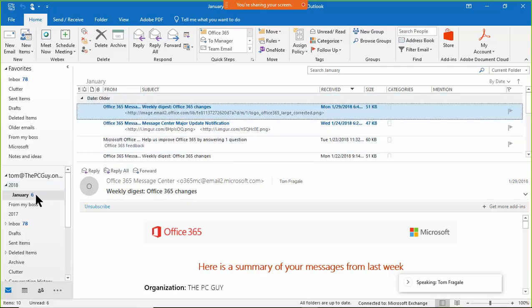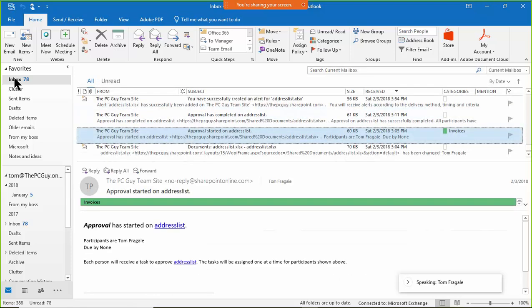So the number that you see next to the folder is not the number of emails. It's going to be the number of unread emails that are in that folder. Now, let me show you a quick way. In this case, they added something new into our